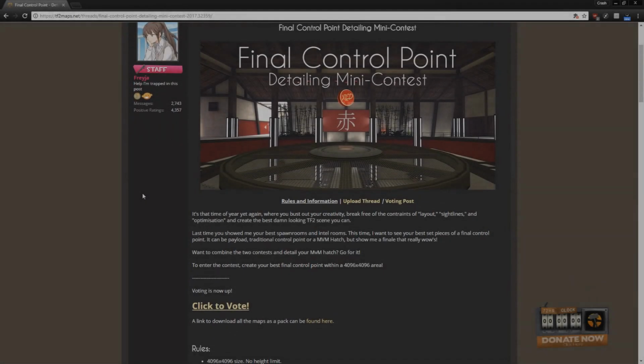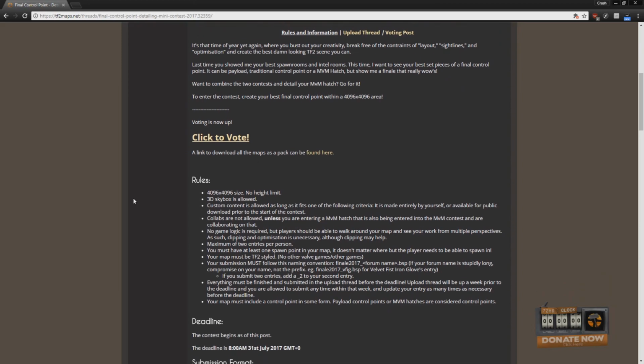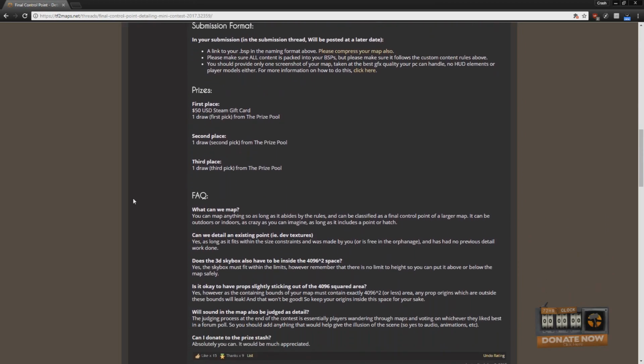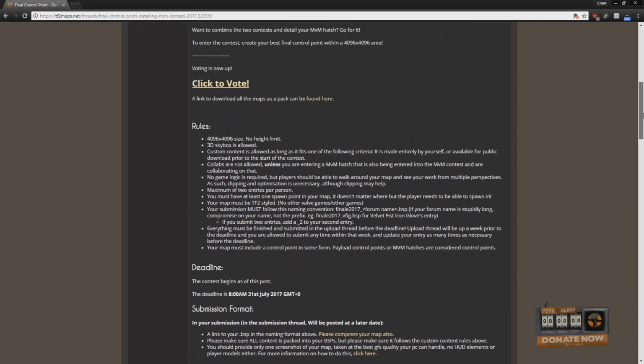Recently, TF2 Maps had a final control point detailing mini contest. The idea was to take a 4096 by 4096 hammer unit area and make something really cool looking that represents a finale in a map. Basically taking a chunk out of the map, the very end of it, and making the most visually pleasing thing